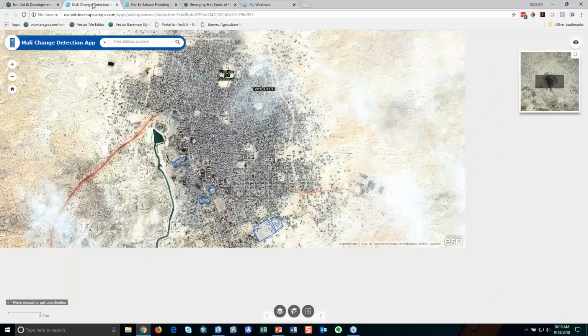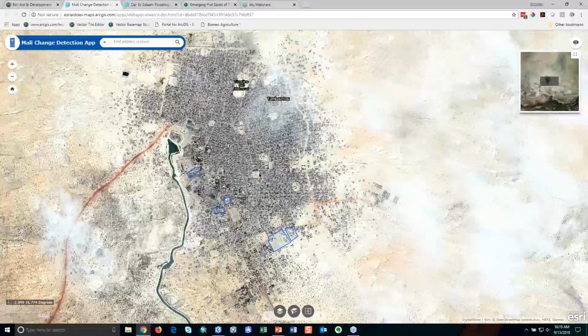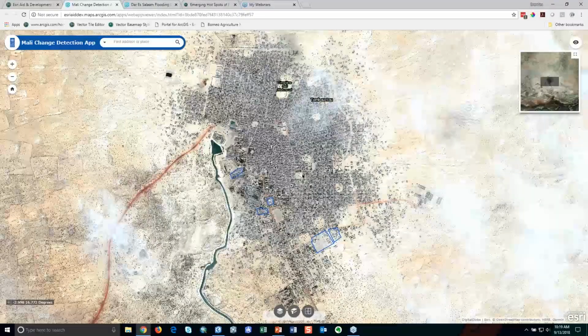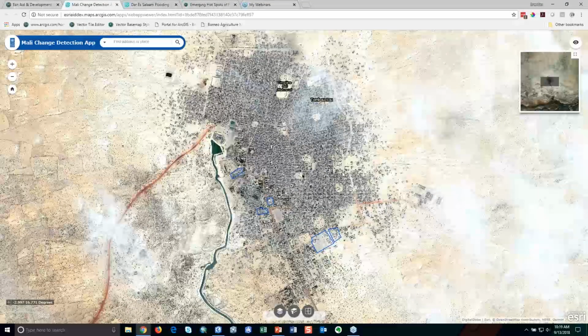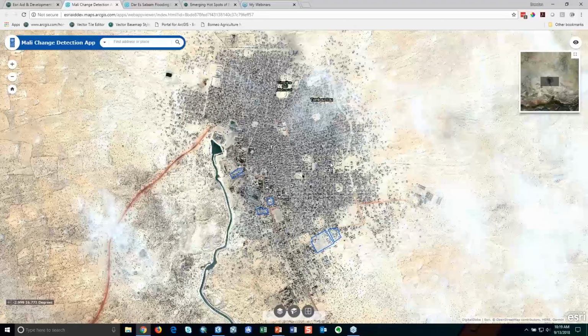All right. The first example I wanted to show you is really just a pure remote sensing example. So we're not going to get into the machine learning algorithms yet. I just wanted to show you some of the ability to differentiate between different features through using time series of imagery. Right. So here we've got a study area of Timbuktu, and I've just got a simple web app where